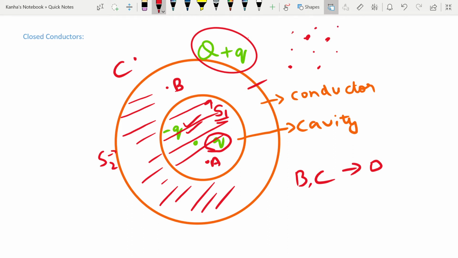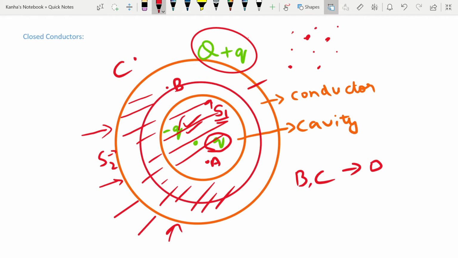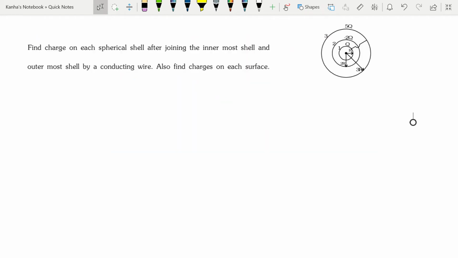What this means is, if it's a conductor, then none of the electrical fields will penetrate it. There is no electrical field in this entire region due to the charges that are present outside. All these are basically derived from the Gauss law, which I'll do in one of the questions, which will make it more clear. Now, with the help of a question, I will try to explain several concepts that are extremely essential for the paper.